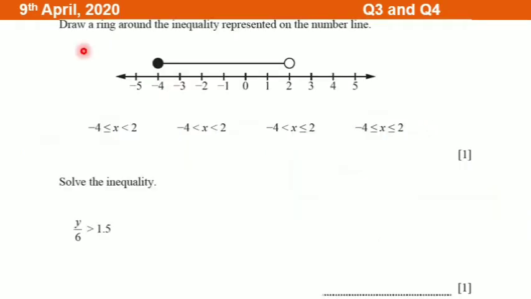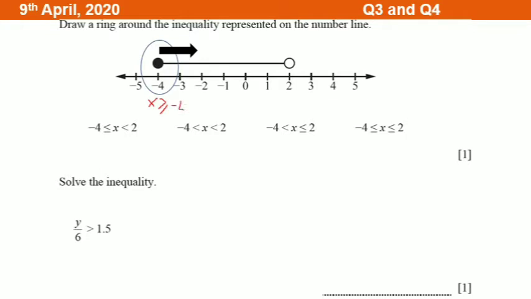Okay, go to question 3. Draw a ring around the inequalities represented on the number line. Here is the number line, there is a black circle and also a white circle. Let us start from number -4 first. This is a black circle, right? And also, as you can see, the line is going to the right. So this is the arrow going to the right. And when the number is on the right of -4, the number will be getting bigger. So I can say that x is bigger. But since the circle is shaded, it will have equal. What number is it? The circle is on number -4.